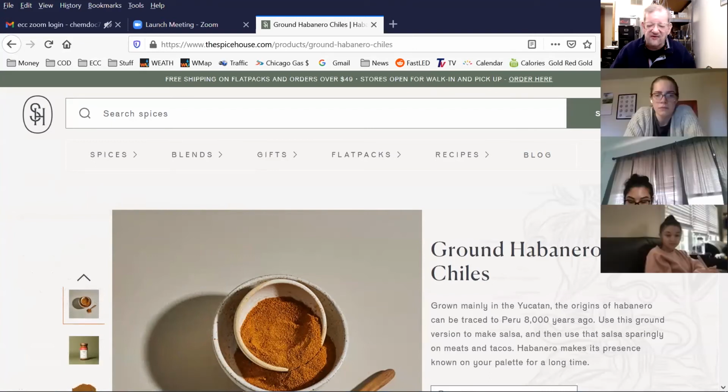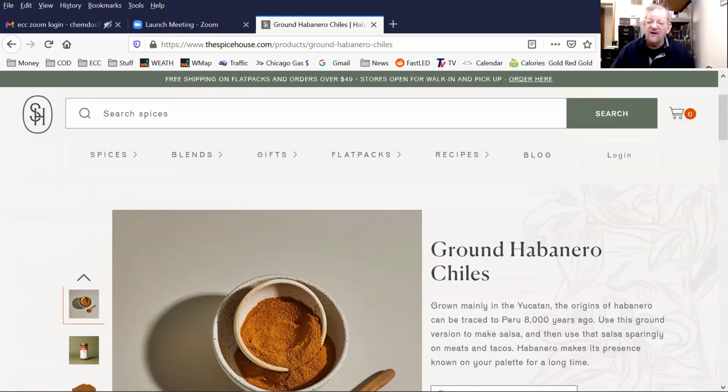Everybody see the Spice House ground habanero? All right. First of all, this is one of the best places in the United States to buy spices. They're located in Chicago and Evanston, but they ship. I don't go to Evanston anymore in the pandemic, but